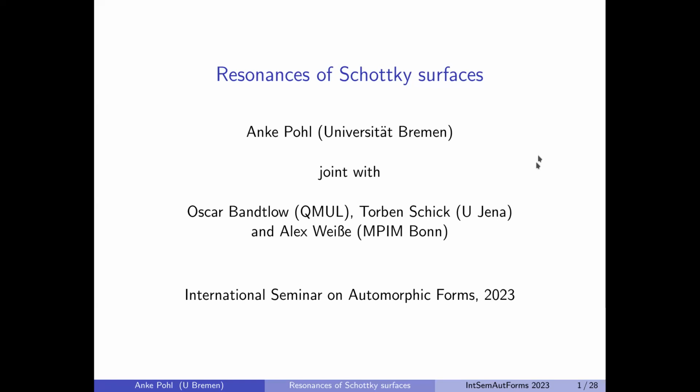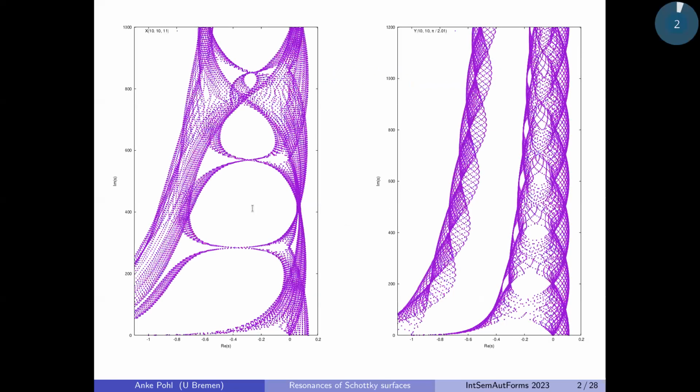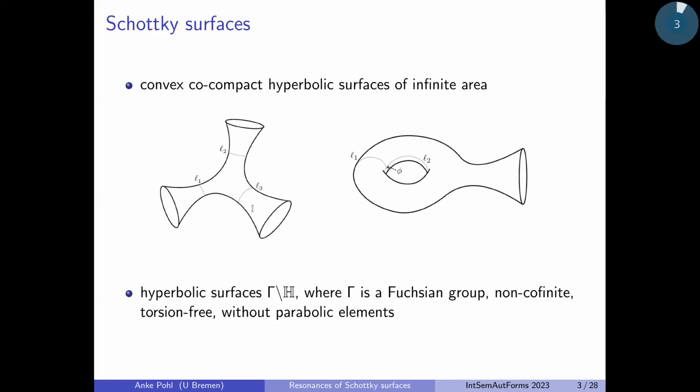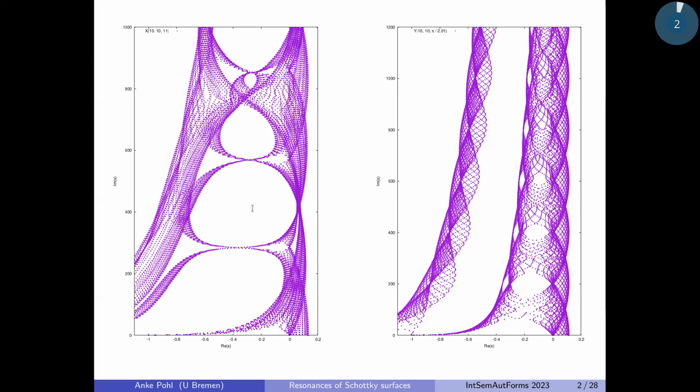And I will be here and go to the next slide only. So what I want to explain is what these pictures here mean, how they come about, and also, on the side, what they have to do with automorphic forms, even though automorphic forms are here a bit on the minor level. I'm a bit sorry about that, but there's a lot of research to be done in the direction of automorphic forms which we haven't done yet, and maybe someone is interested in these.